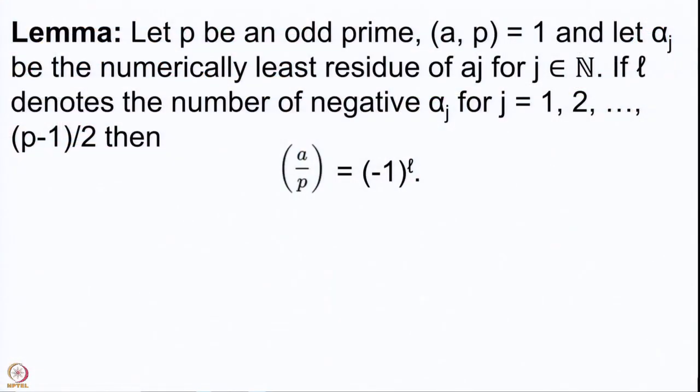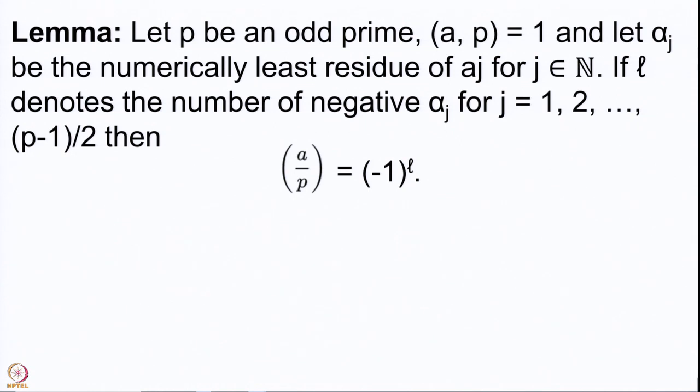And here is the small lemma that we have to do before we go on to the major proof. So, this lemma is as follows. Let us read and understand this statement of the lemma carefully. We start with an odd prime. We start with an element A which is non-zero modulo p. Okay, these two are our standard assumptions.